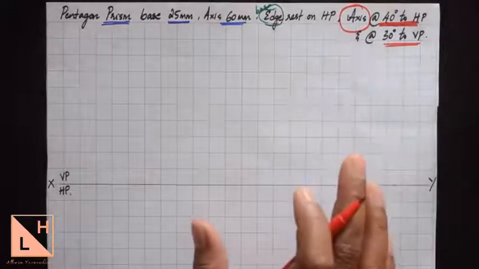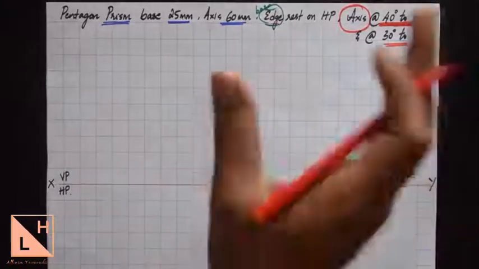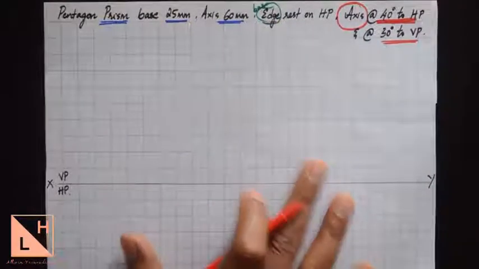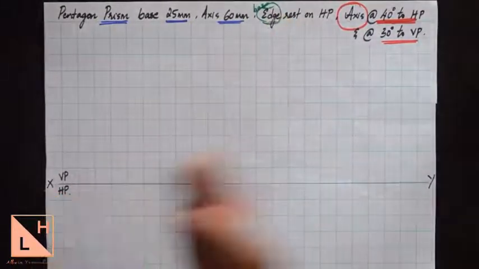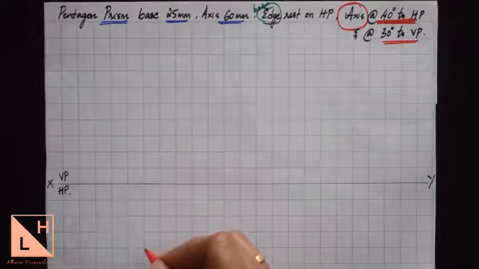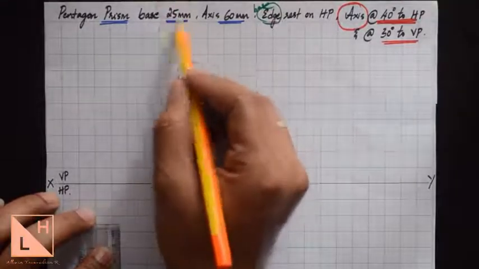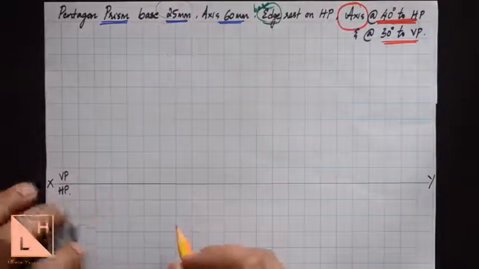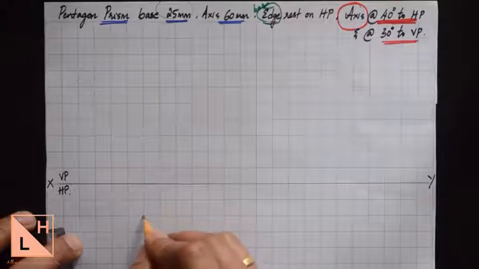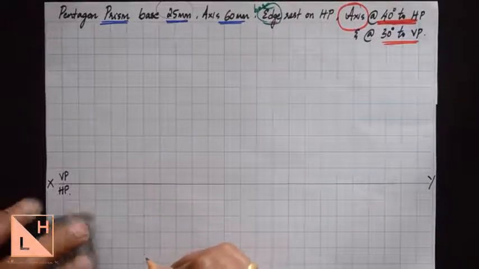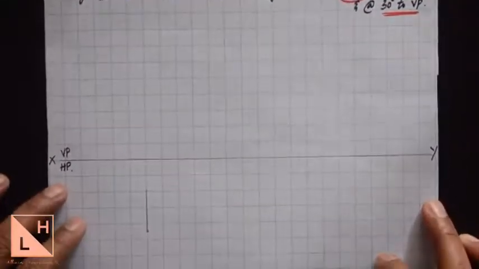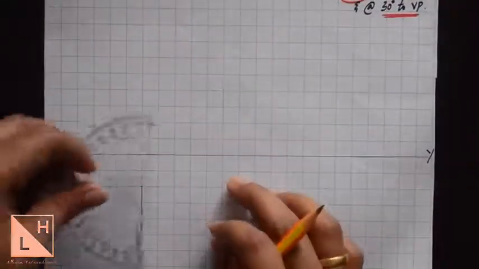But as of now, remember, in planes we used to keep that particular edge or corner on the left. Now in solids you need to keep that particular edge or corner on the right side. Okay, so we'll draw a pentagon here with one of the edges on the right side. The base edge length is given here as 25 millimeters, so you can take 25 millimeters. Since I'm drawing it in the grid sheet, it becomes quite easier. You can select a point here, 10, 20 and 25, so that becomes 25. Now you can measure 108 degrees from both the endpoints of that particular line using a protractor.